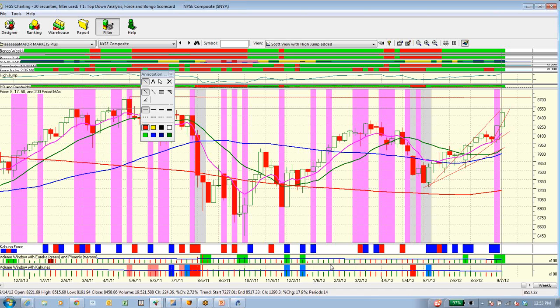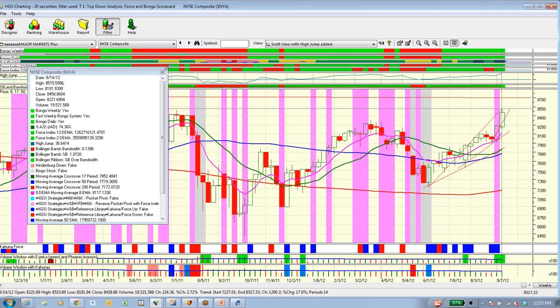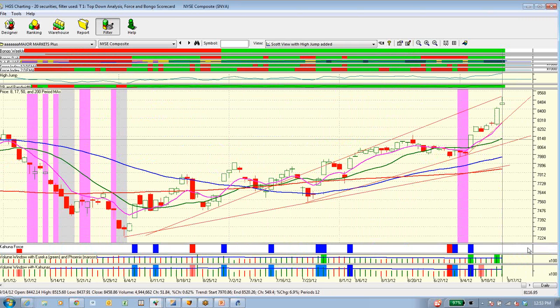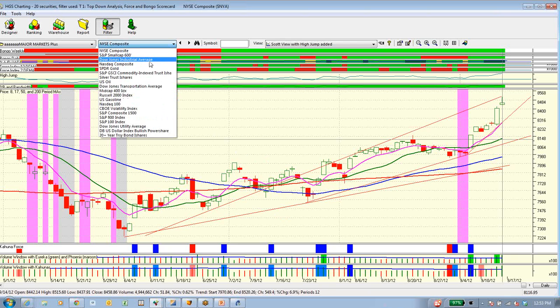So a pause to refresh is certainly close to us. We got a shooting star, we got a positive on the high jump. That tells me to be nervous about being long short term, but when I take a step back and look at the weekly, I think we still got a little bit more to run. September is typically a bad month, so it would not shock me to see us have a pullback or at least a pause to refresh.